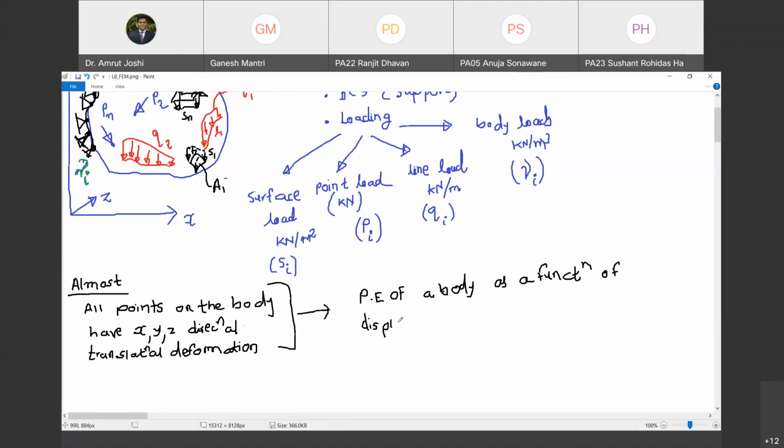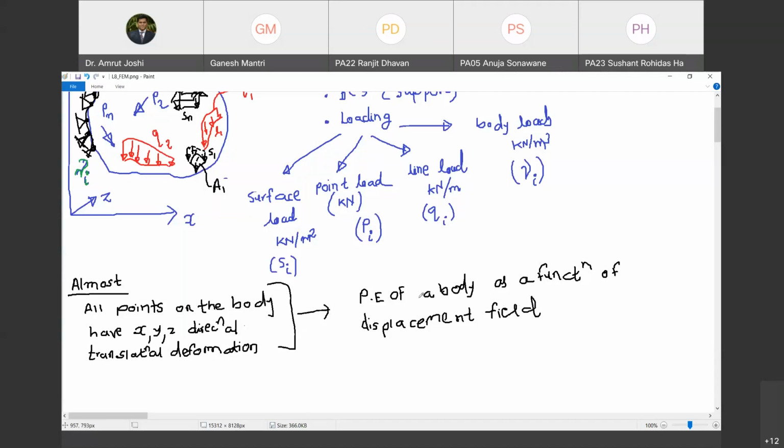Yes, sir. So in the last class, we have defined what is a displacement field. Displacement field means U, V, and W, the X, Y, and Z directional deformations, are functions of X, Y, Z. You change X, Y, Z, that means you change the location and you will have different values of U, V, and W. Are you with me? Yes, sir. Therefore, we call U, V, W as displacement fields and not simply the displacements at a point. Are you with me? Yes, sir.